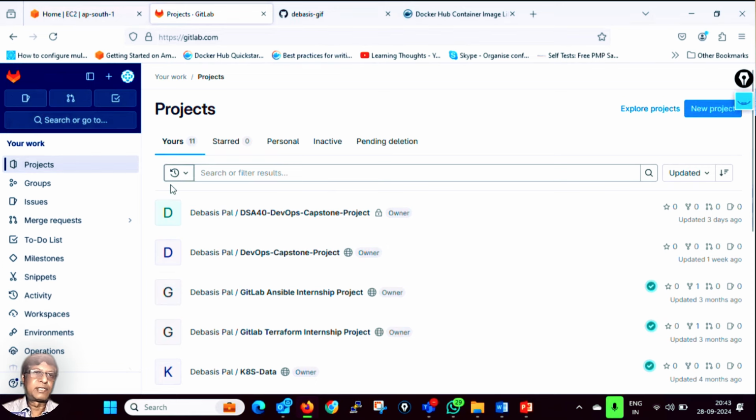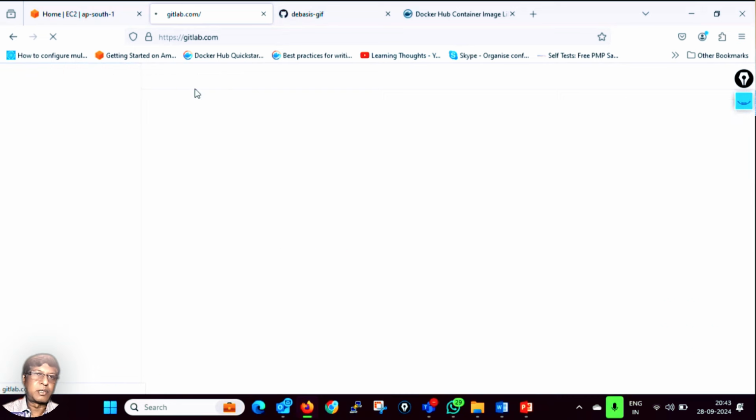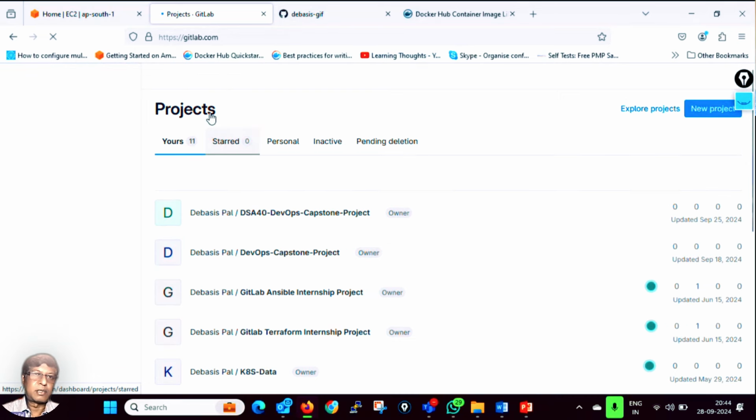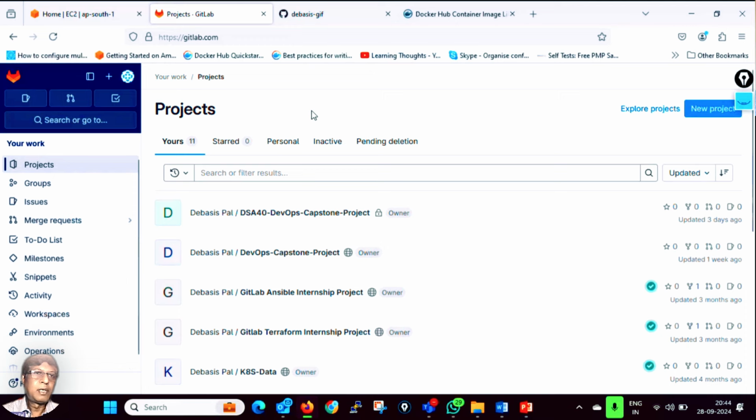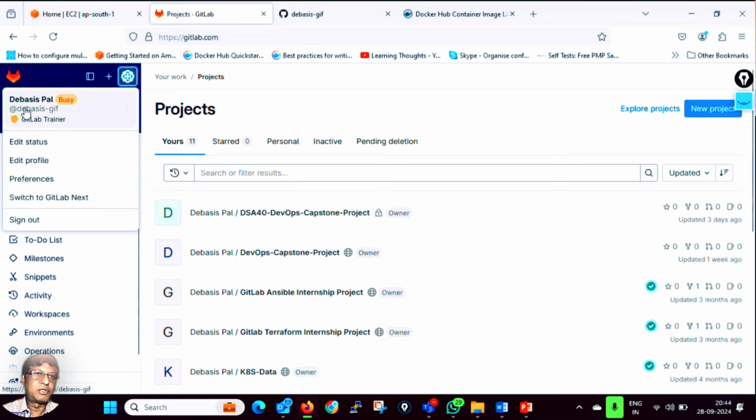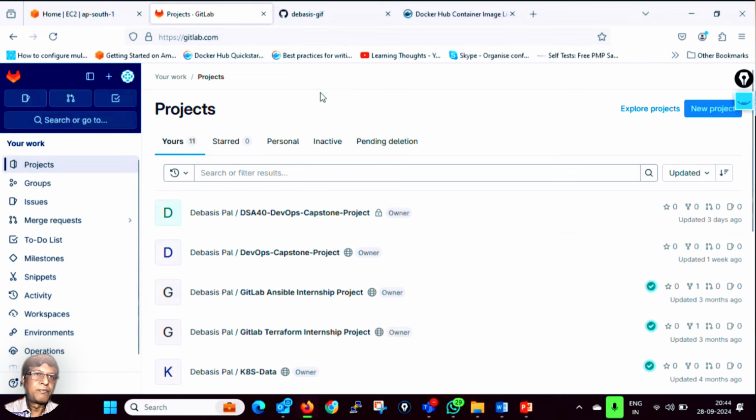GitLab instance. You see, this is a graphical interface where this is the home page. That is, if you click on this, you will come back to your projects folder, I mean the projects dashboard. Then you can hide the sidebar, this bar. This is the profile part. That is, what is my alias name, what is my username, and what is my role. Okay, and all these things. You can set your profile, edit your profile. Then